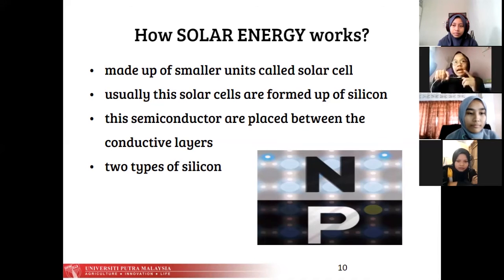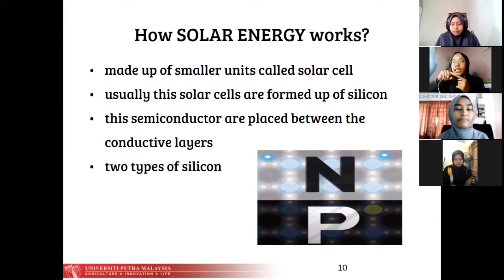In the silicon itself there are two types of silicon, which are N type and P type. N type has more electrons, while P type has more space for electrons that we call holes. When these types of silicon meet as a p-n junction,